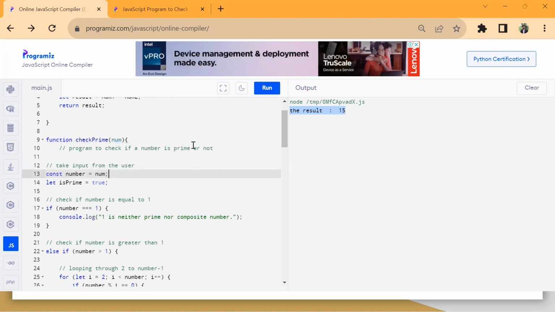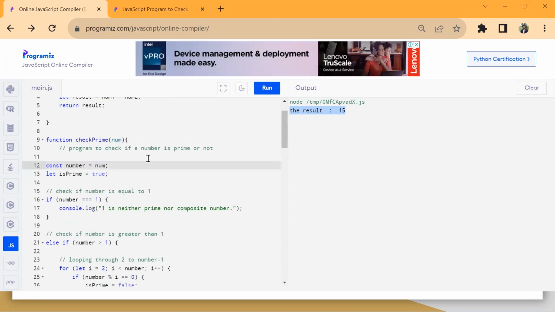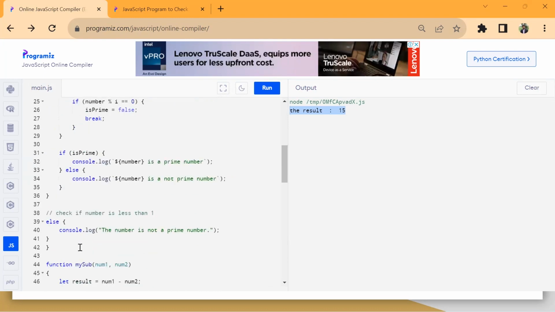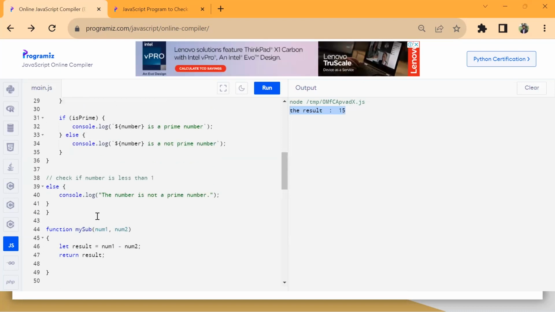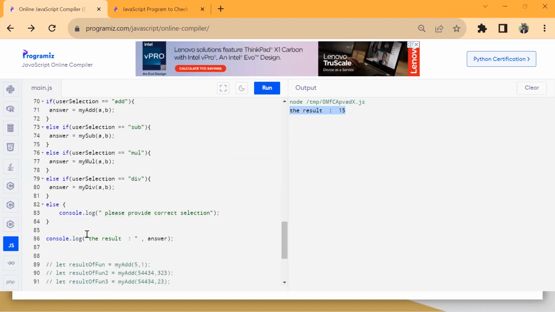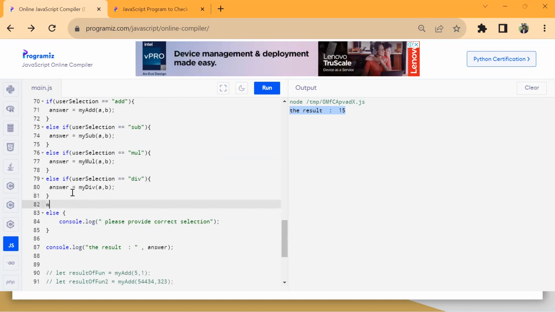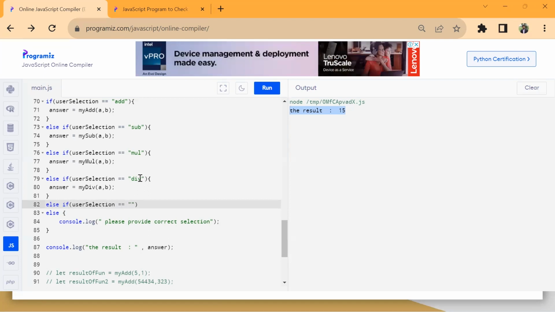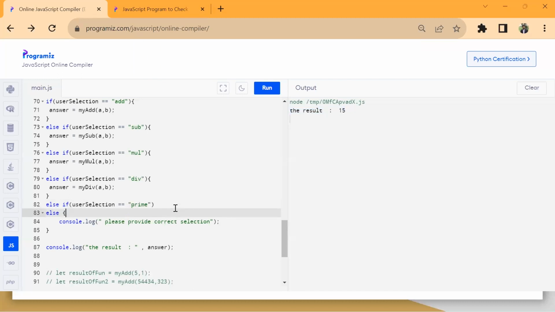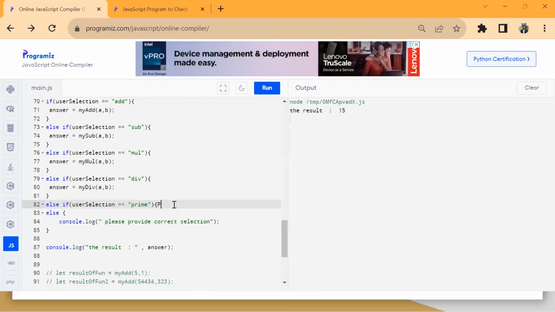So see, if you look here, how many lines of code are there? It's almost a big block of code now. Now, if I want to use it in my calculator, else if user selection equal to prime, or check for prime, anything I can say, then